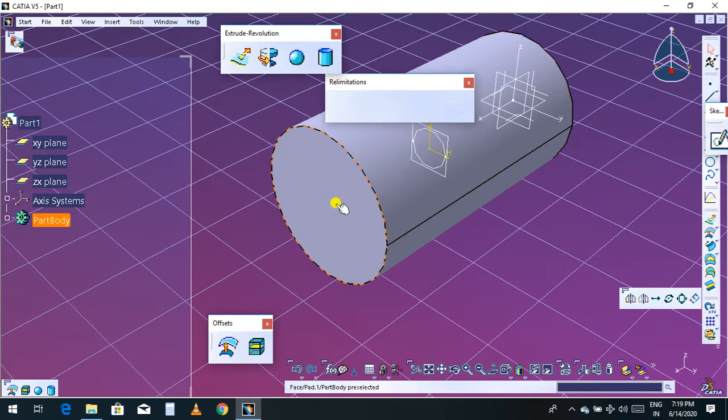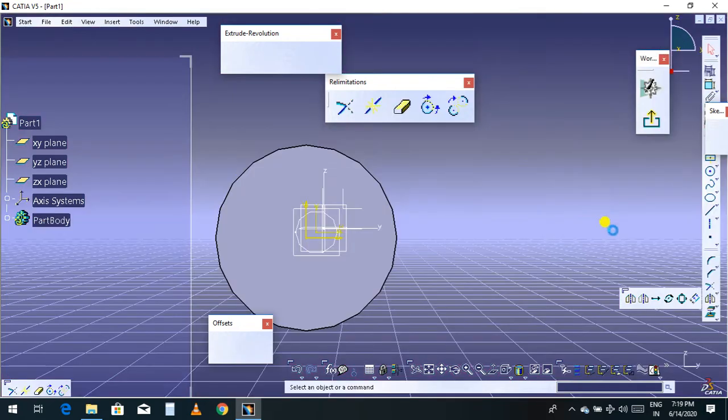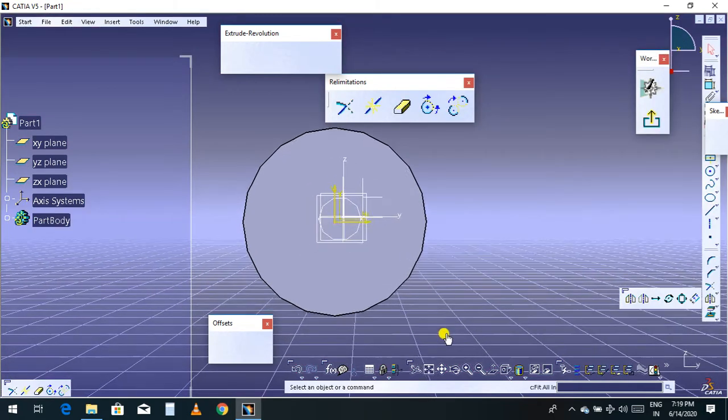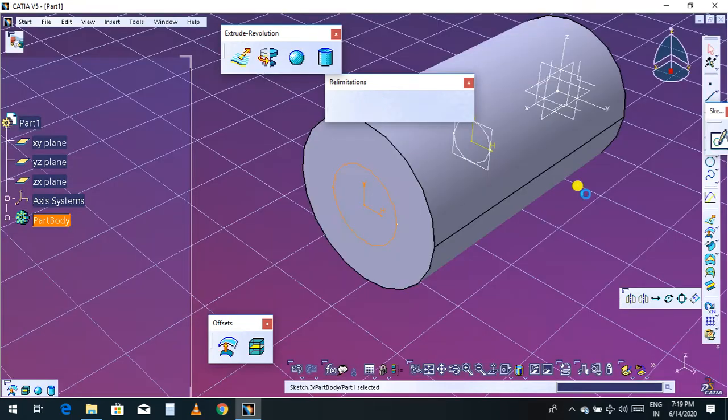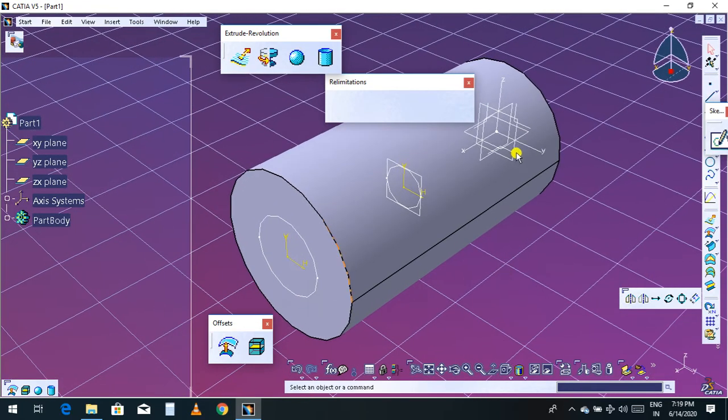I will draw another sketch on this surface. So select a sketch. Choose the circle. Exit from the sketch. And I will sketch another on this plane.